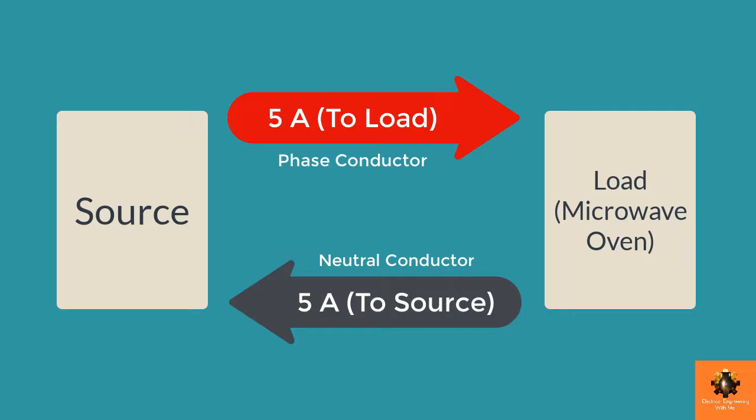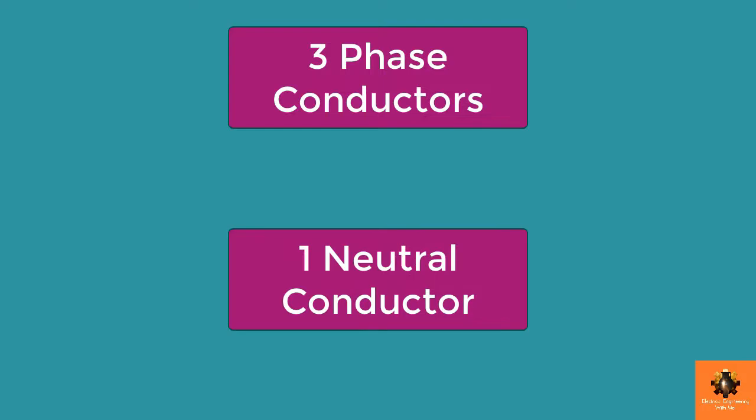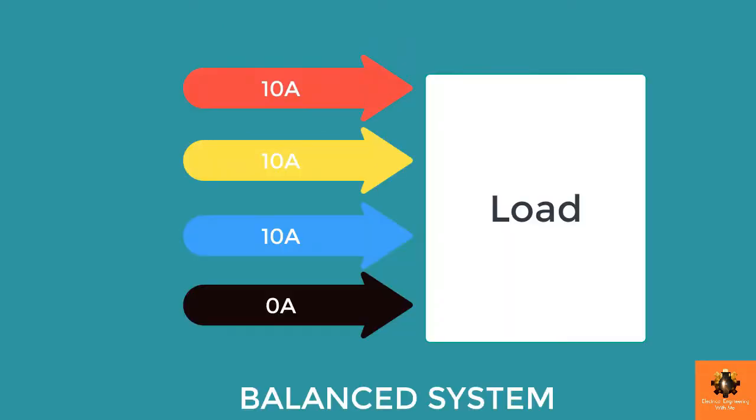Okay. But this is the example of a single phase system in which neutral is just used to provide a return path for the current. But in another case, let's say we have a three phase system in which 3 conductors are used for phases and 1 conductor is for neutral. So in this 3 phase system, if the load on all 3 phases is balanced, let's suppose 3 circuits on separate phases carrying the same amount of electrical current, then in that case neutral will carry 0 amperes of current.